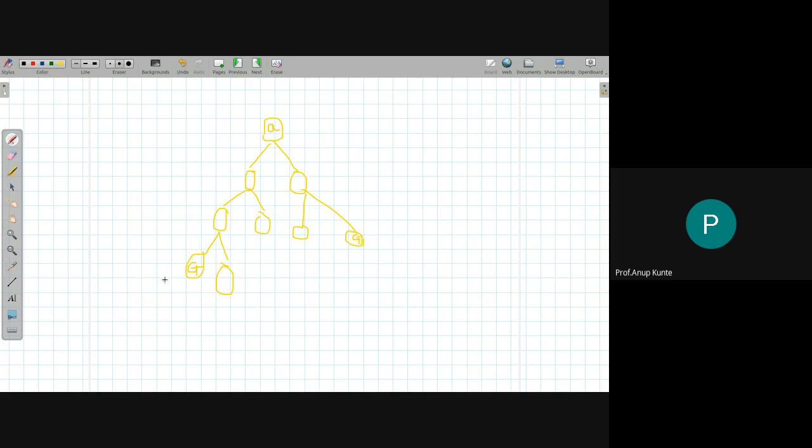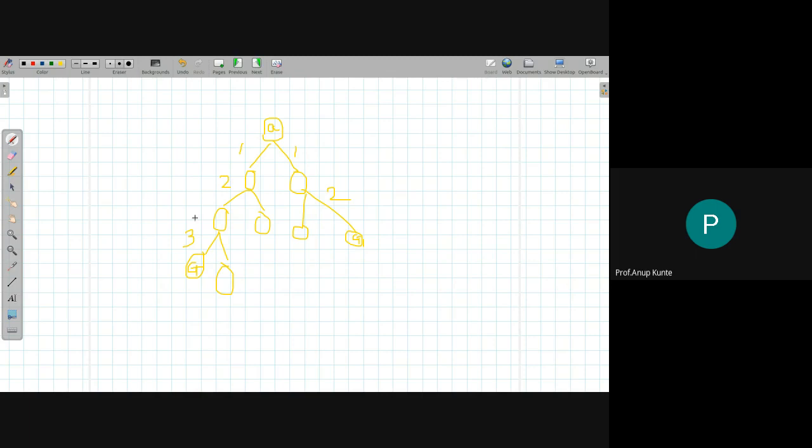Okay, so now this node is at depth level 1, 2, 3, and this solution is at depth level 1, 2. Definitely the cost to reach this node would be different and the cost to reach this node would be different. One may be more than the other, I'm not saying that, but if I'm judging based on the depth of the solution, then this solution is deeper than this solution. To reach this solution I need to perform 3 actions.